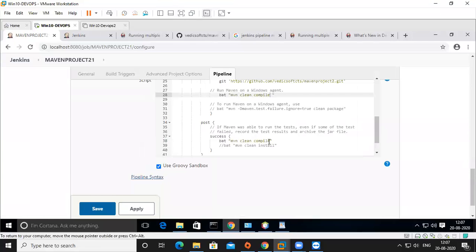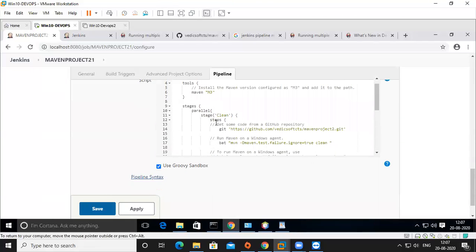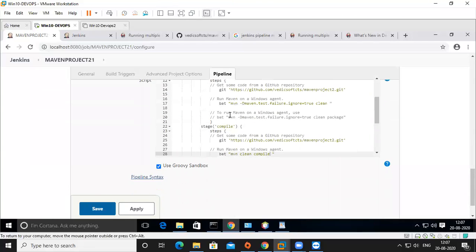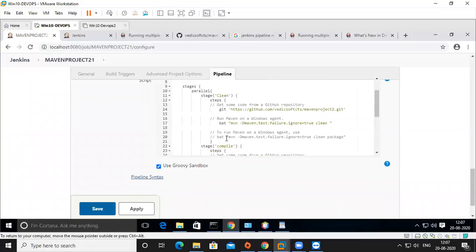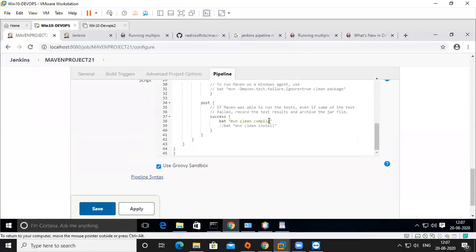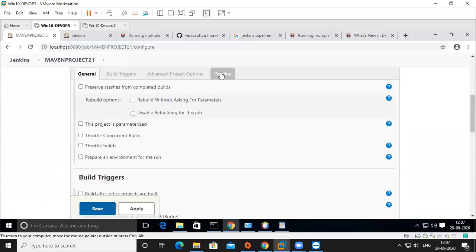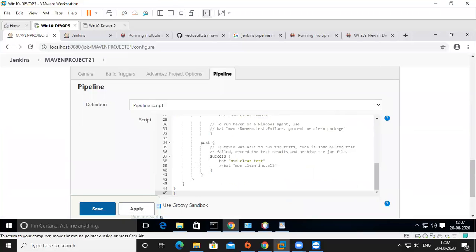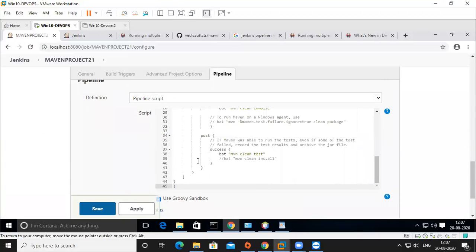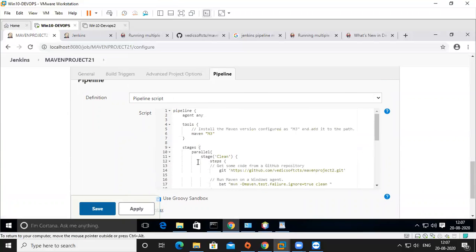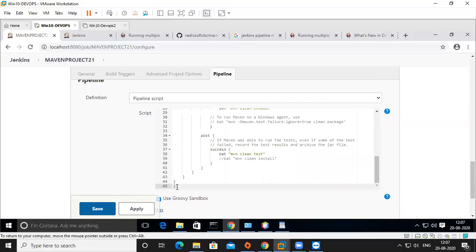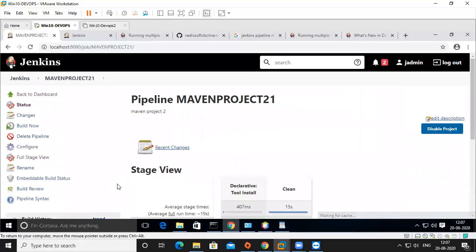No error. So I paste parallel. This is clean and compile, and clean and test. So what will happen? We'll see. We got error. It shows error. It's showing error. Where is that error? Yeah, that it is showing.